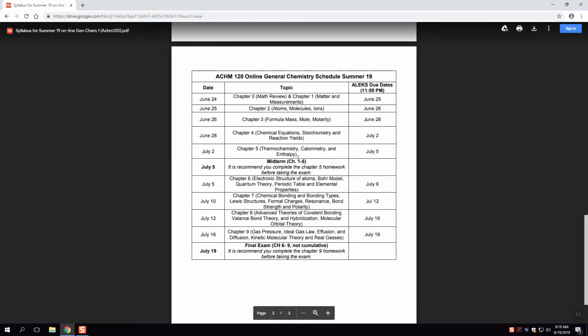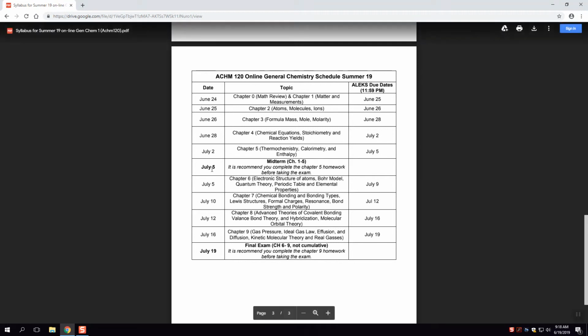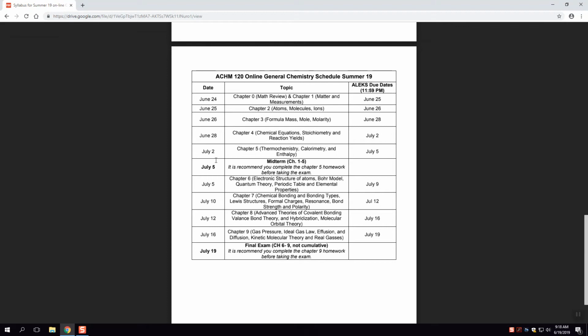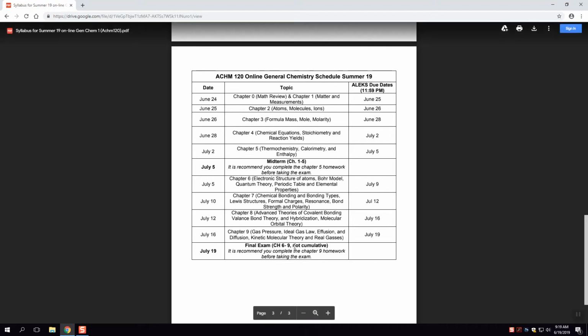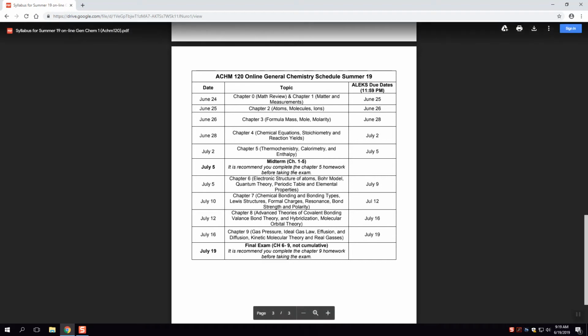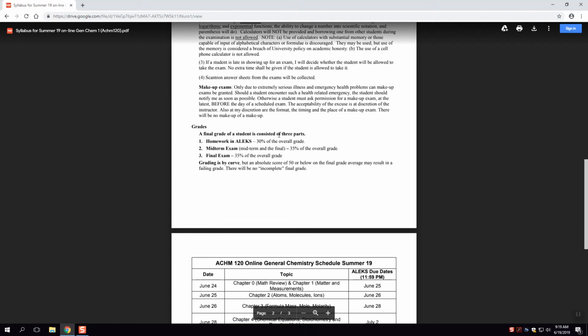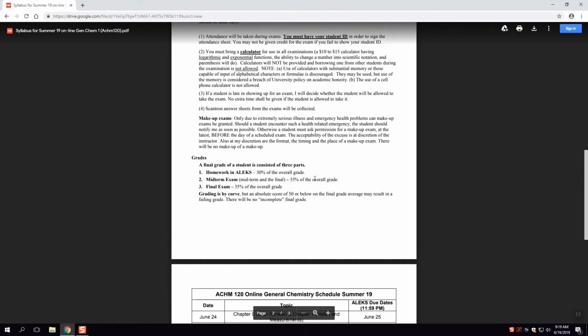So now that I've given you a little bit of an idea of the schedule, I do want to also point out that there's a midterm exam on chapters 1 through 5 on July 5th, which must be taken in person, and also the final exam on July 19th, which is chapters 6 through 9, and is not cumulative. In both cases, we recommend you do all the homework for the chapters on the exam before the exam. Although your chapter 5 homework is technically due at midnight on July 5th, and you'll take the midterm before midnight on July 5th, we do recommend you do the chapter 5 homework first. You have a few days to do it, so it's not really that big of a deal. All right, so that gives you a little bit of an idea of the schedule.